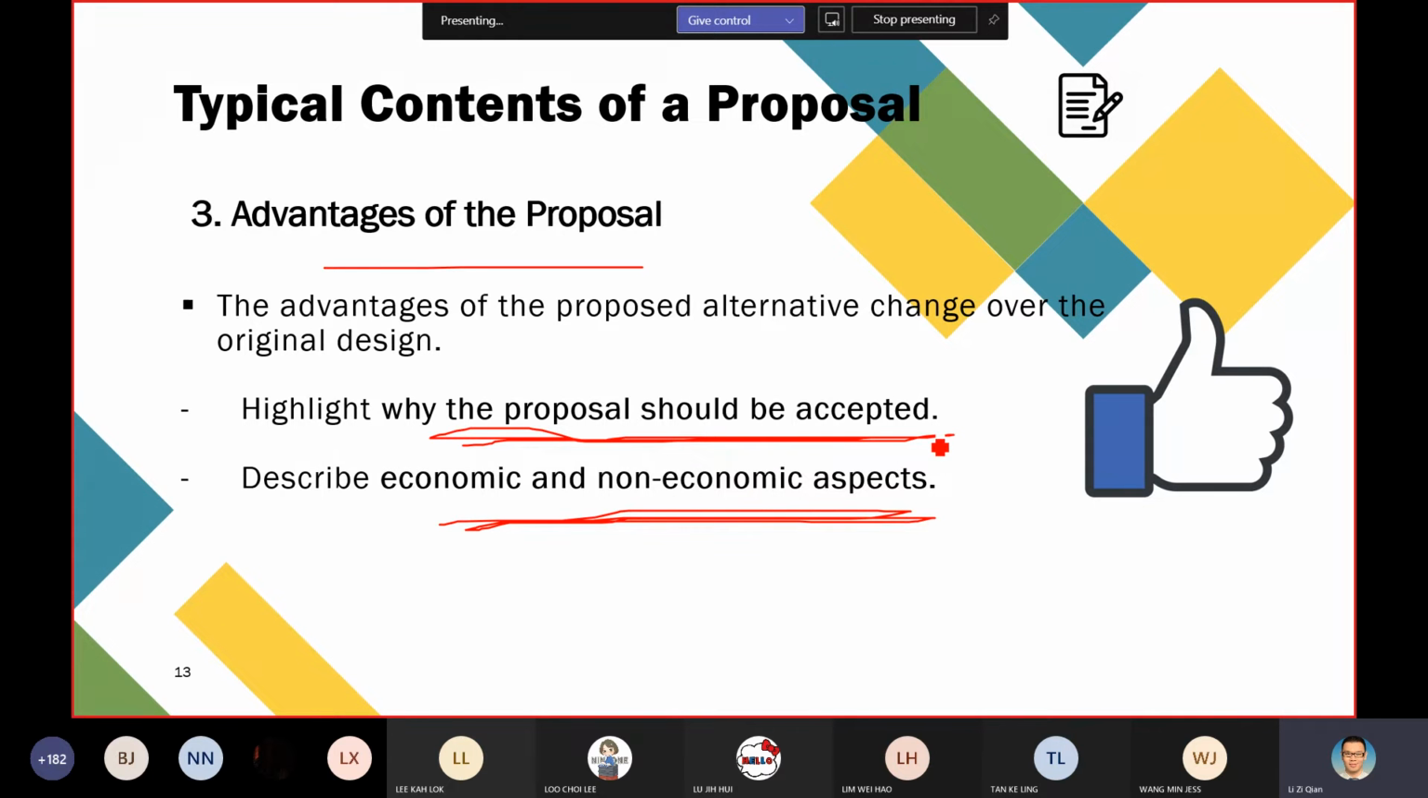Okay, as well as why actually your proposal should be accepted. So basically, you can discuss the advantages of the proposal. Okay, then